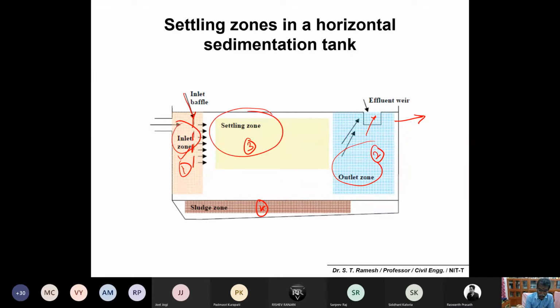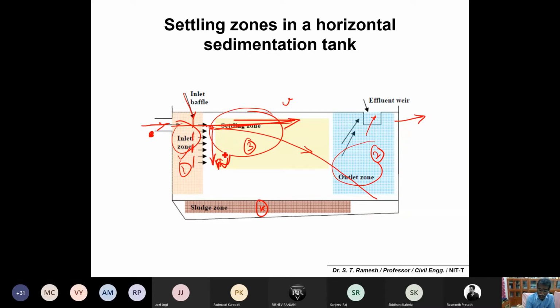Imagine now a situation. The main factor here is this particle, this flock, that is coming in. It may be acted upon by 2 different forces, as I have discussed. One is the horizontal velocity of the water, and another is the self weight of the particle. The weight will drag the particle down towards the bottom, and the horizontal velocity will drag it in a forward direction. You should draw a resultant force, as you probably would have come across. So it may follow a trajectory, like a parabolic trajectory.